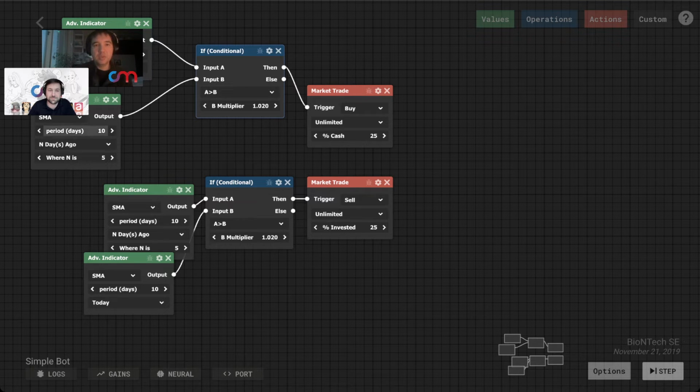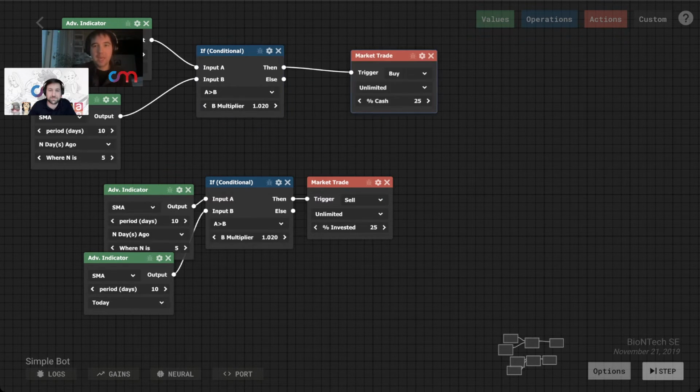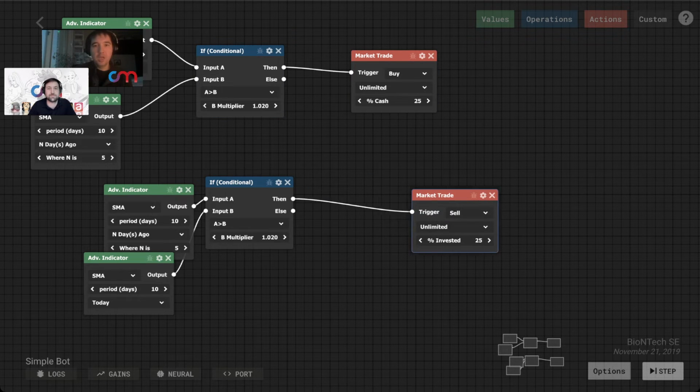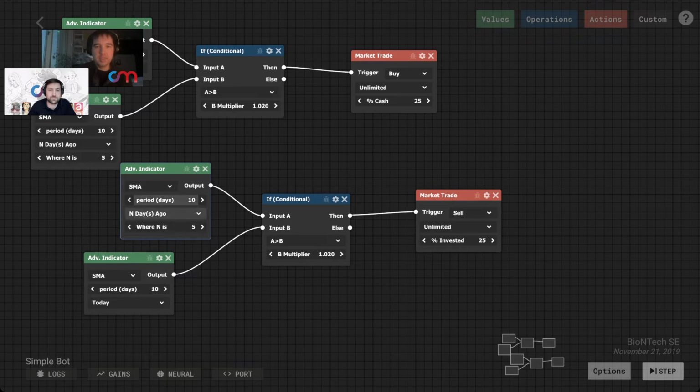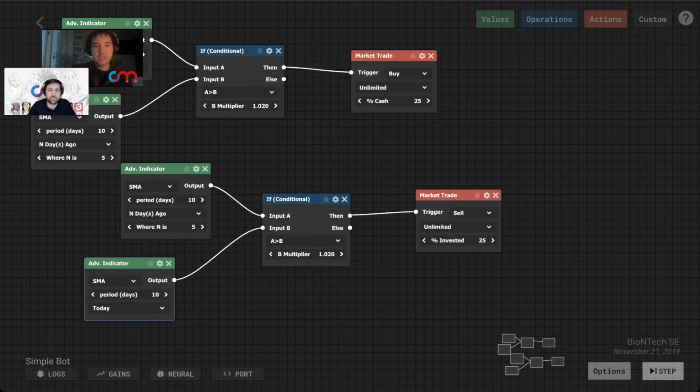If A is greater than B by more than 2%, then we buy it. Otherwise, if the inverse is true, if the simple moving average from 5 days ago is greater than the simple moving average from today by a factor of 2%, we sell.